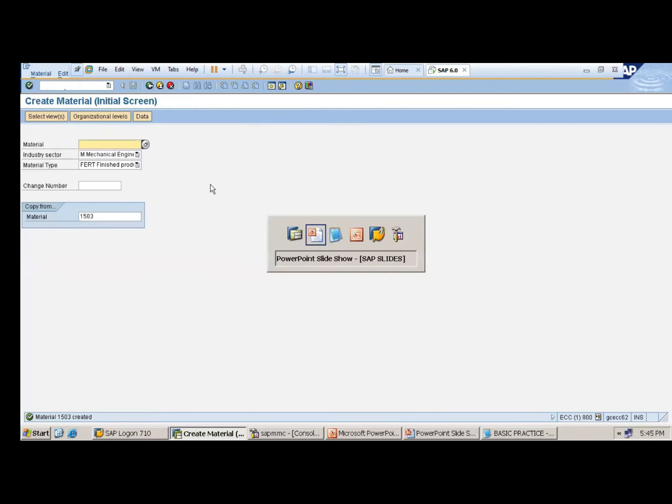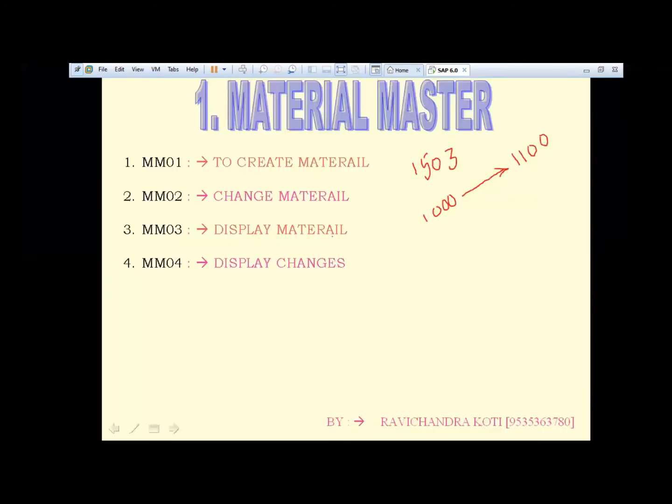Suppose one material is there. I don't want that material because we have sufficient stock in my production line, or there is not much demand for that material. I want to block that one. I don't want to use or procure that material currently. For that, the transaction code is